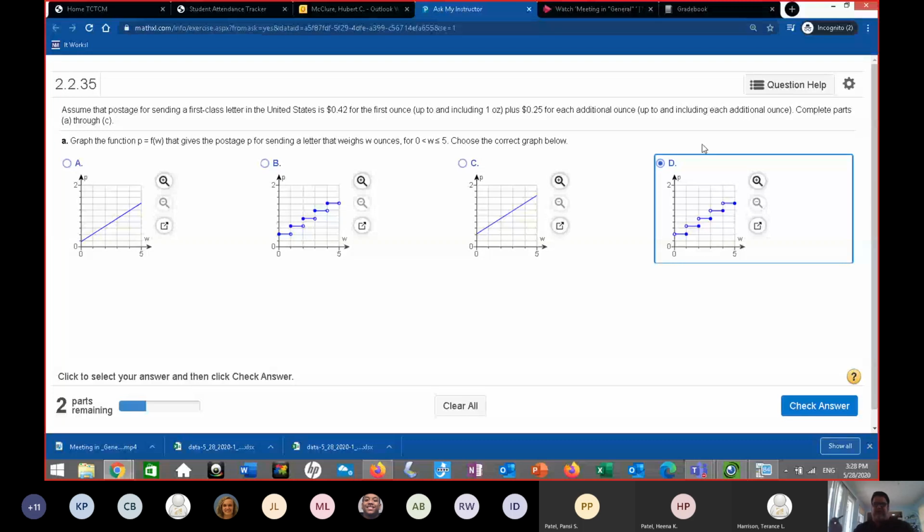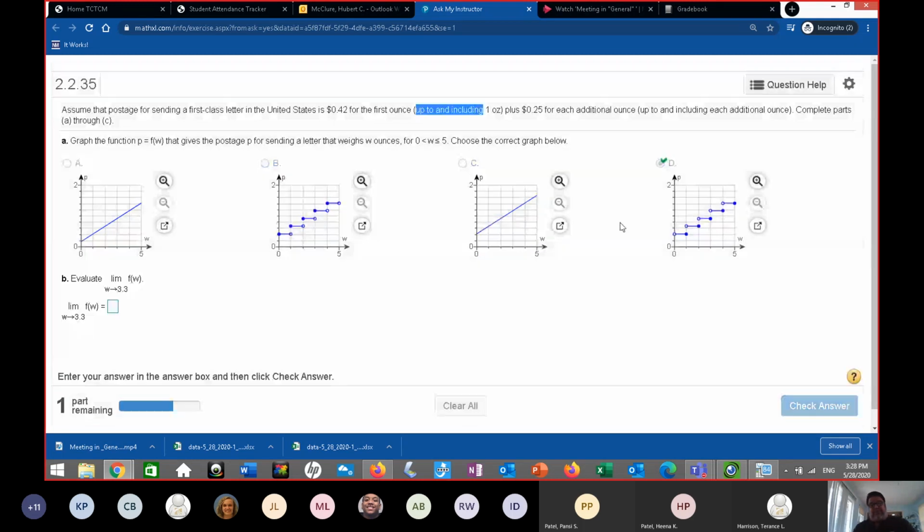You're not going to see a lot of stepwise functions. I stick with most of the linear and nonlinear functions. That's just me. But D is going to be your answer here because of these words right there: up to and including. This is not up to and including. Because which way do we read? We read from left to right. So up to and including would be D.